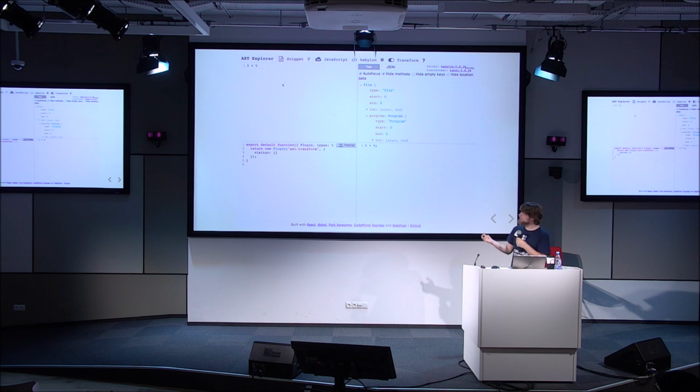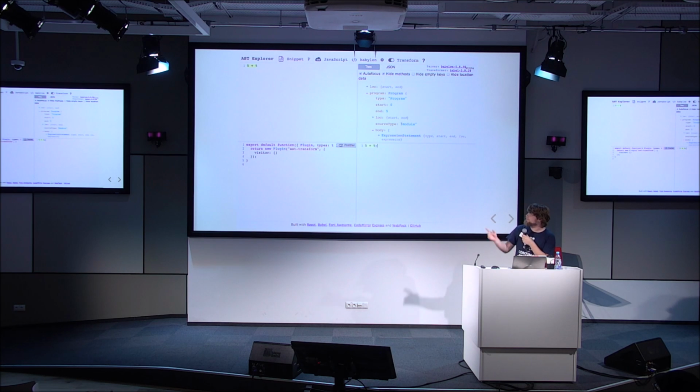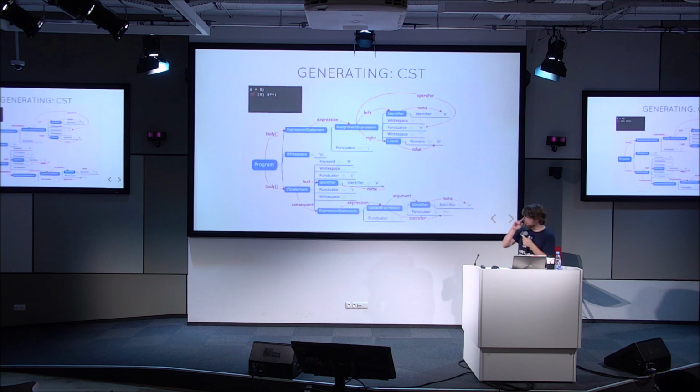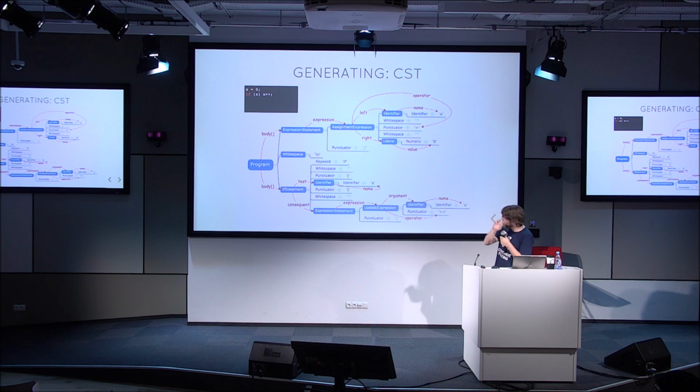We don't keep the information about white space. We don't keep the information about punctuation marks. We just store it as a tree without many, as you can see, even highlighted, without many of the necessary information that's required to bring it back to the previous state. So how do we achieve that? We don't use an AST. We use something called CST, which stands for concrete syntax tree, which besides having all the nodes required for